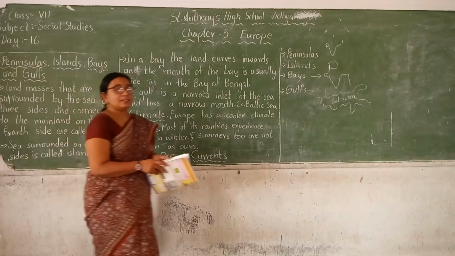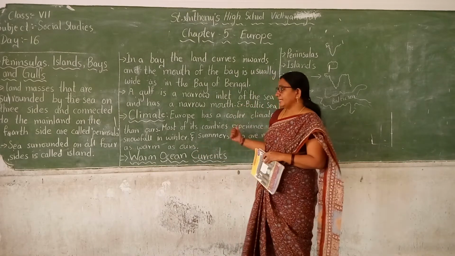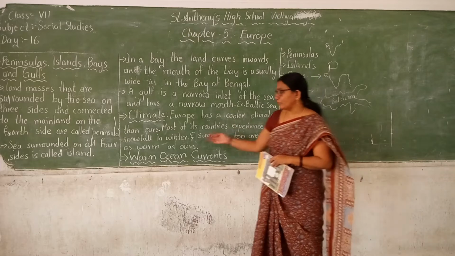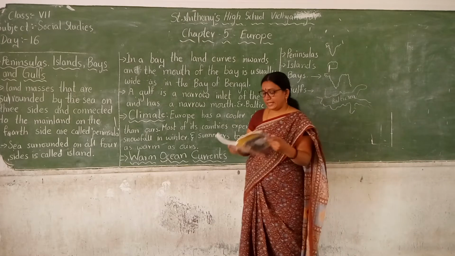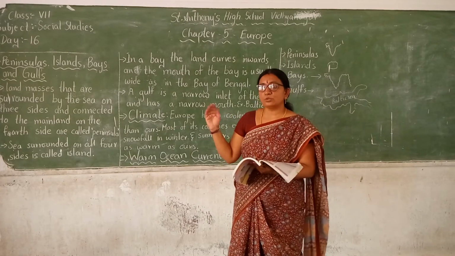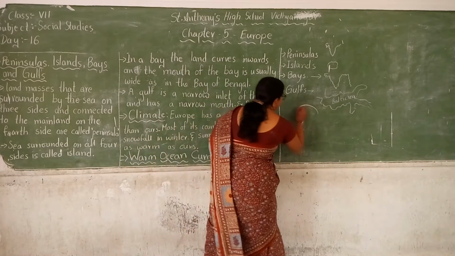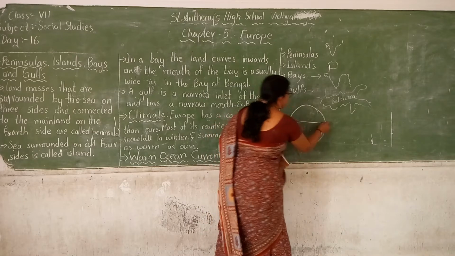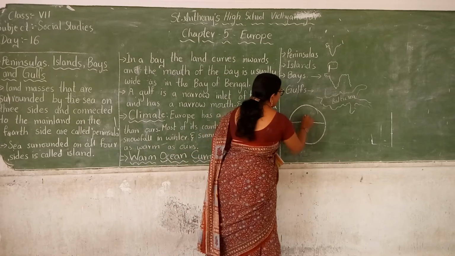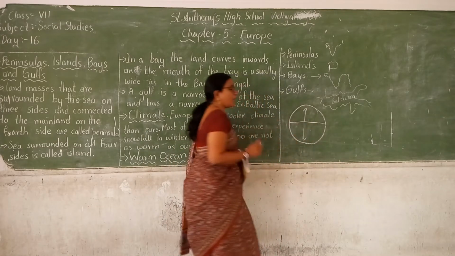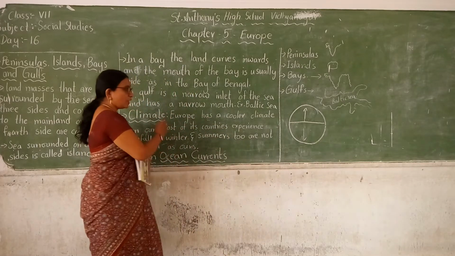So in the winter season, do we experience snowfall? No. But they experience snowfall at the time of winter season. The reason behind it is because it is very close to the freeze zone. As we have learned in the previous classes, the places near the equator are very hot and the places which move away from the equator are cooler than the equatorial region places. So that is one of the reasons.